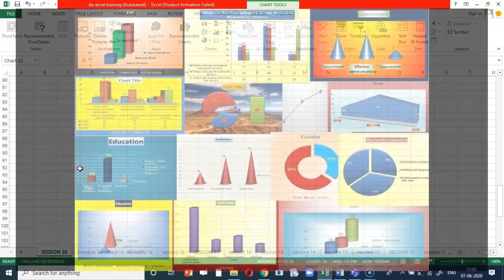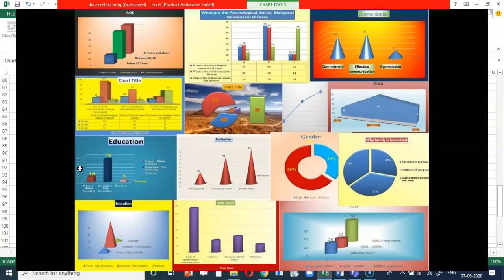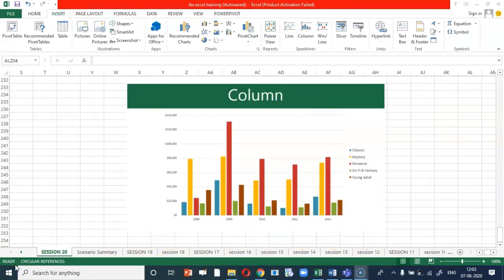Now let us understand these chart types with the help of the following example. We shall start the discussion with column chart. A column chart is used to show comparison among different items, or it can show a comparison of items over time. You should use this format to see the revenue per customer, etc.